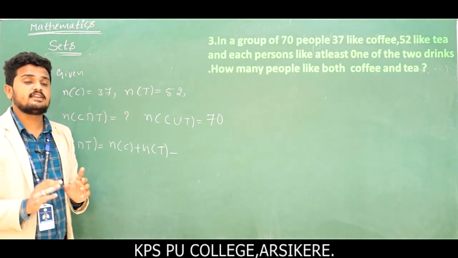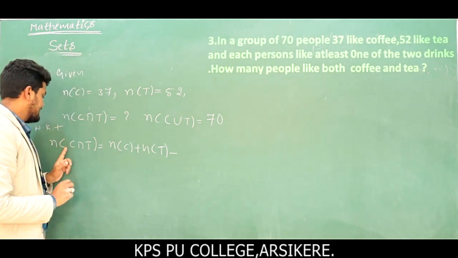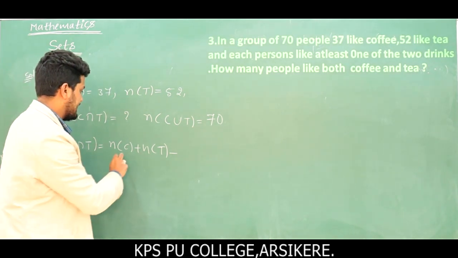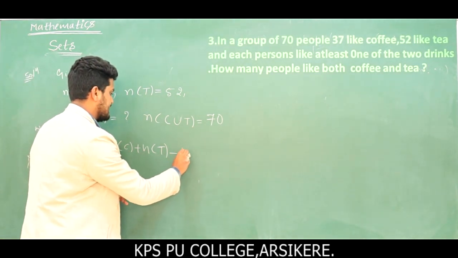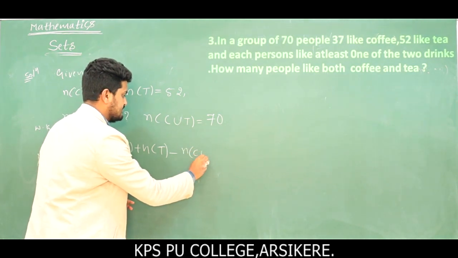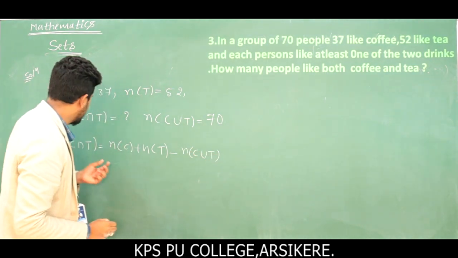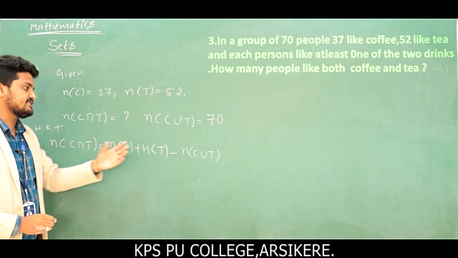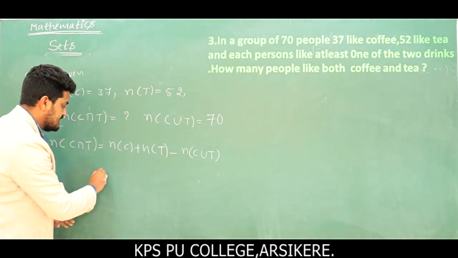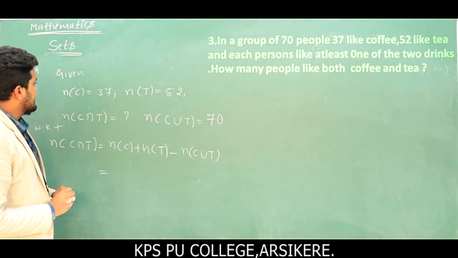Both is nothing but intersection. So n of C intersection T is equal to n of C plus n of T minus n of C union T. Because here there is intersection, so on the other side there will be union. So this is equal to n of C, which is